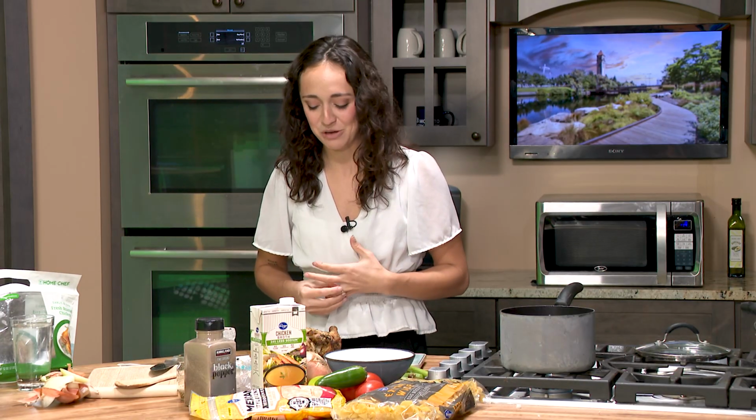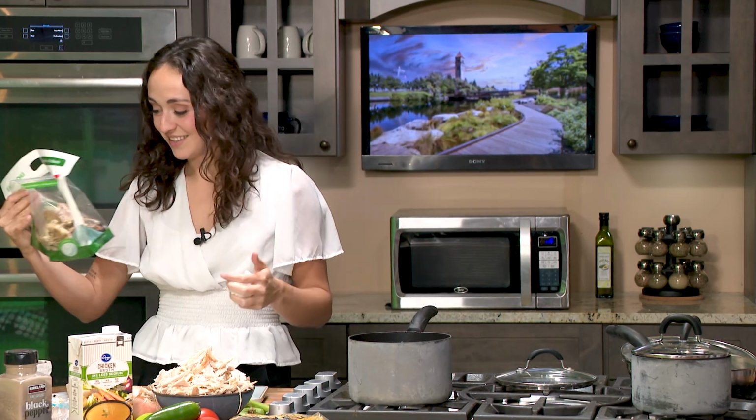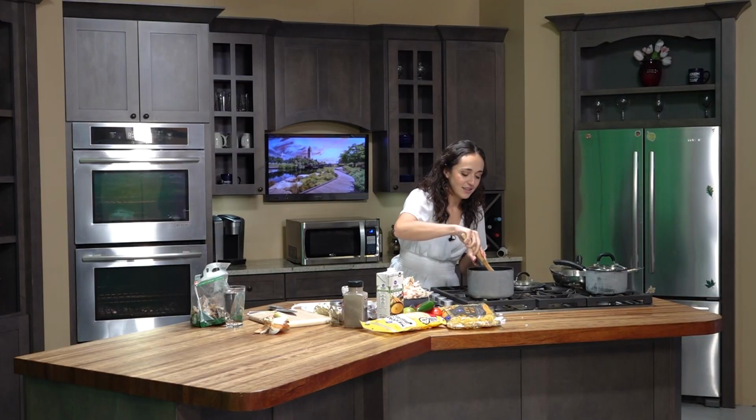I'm gonna try to speed this up for you, that way it doesn't take as long. This is my least favorite job, so here we go. All right, we're back. I burned some of the bits here. I was very busy deboning our chicken and kind of forgot I had to stir this, but that's okay. It's just extra flavor, right? Next step